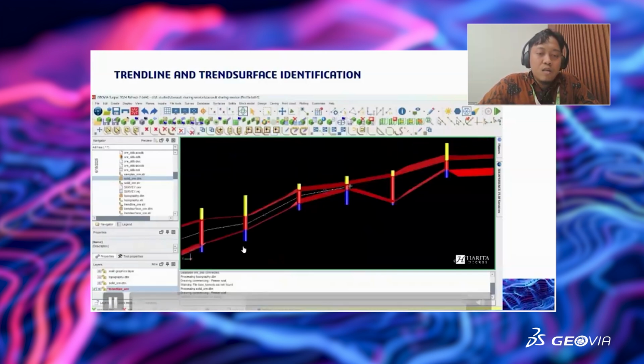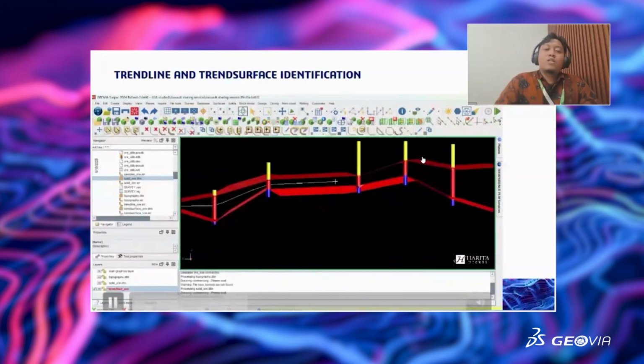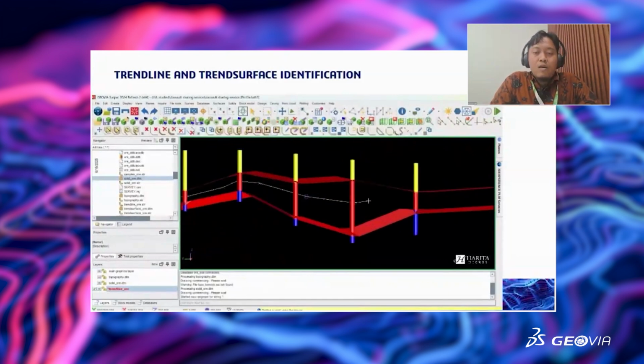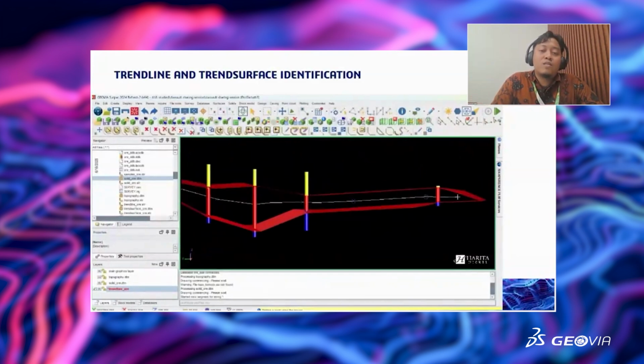So yeah, I will create the trend line manually. Actually, when we do the sections manually one by one, we just depend on our grid. Here my drill holes are on a 25 by 25 grid. So you can see I will create a 25 by 25 trend line on the middle of our solid.